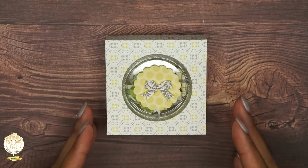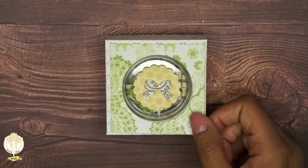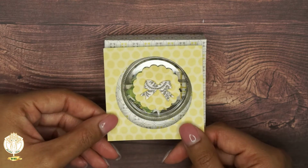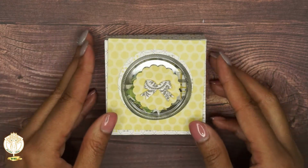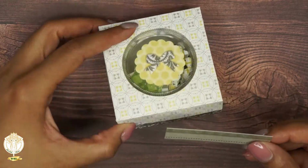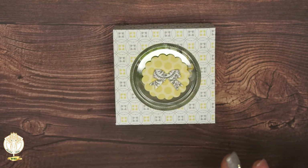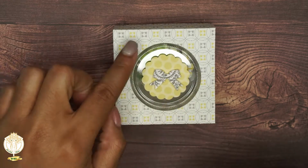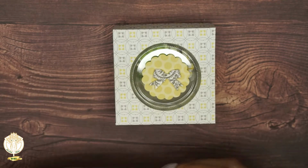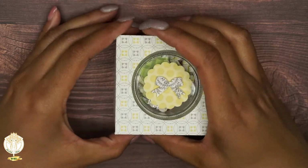I did tweak it a lot. There are some other pieces that get cut out, like some inlay pieces, I did not use them. I did cut them out, you know, I cut all the pieces out just to be on the safe side, but as you can see, you can still customize it with other pieces. And then there's little strips that get cut out for the base, and again, I didn't use them because I like how this turned out. Now the circles do get cut out, so this can add for more embellishments. You can send to the recipient, or you can just use it as maybe like a tag. I didn't use them, but all